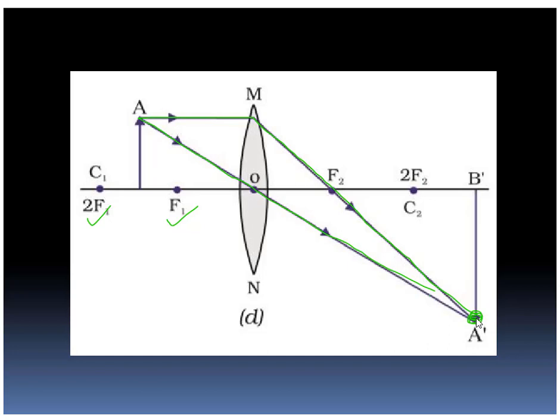So here you can see that the size of the image is higher than the size of the object. So this is magnification. The image is magnified. Okay. The second point is the image is real because these two rays are actually meeting. So the image is real. Then it is vertically inverted. Okay. So what are the characteristics of the image? It is real, magnified, vertically inverted. And what is the position of the image? It is beyond the second center of curvature. Okay.